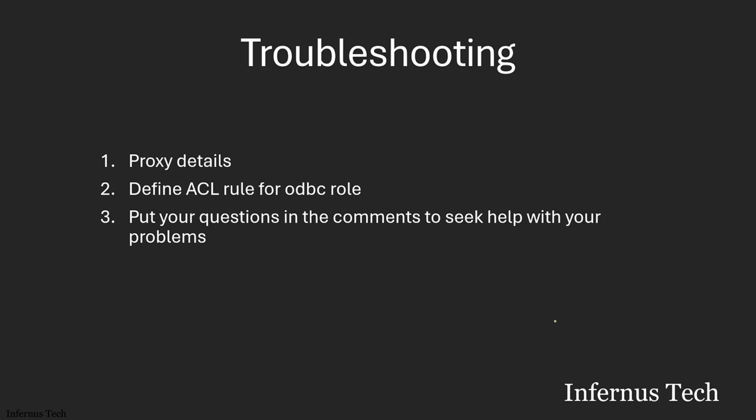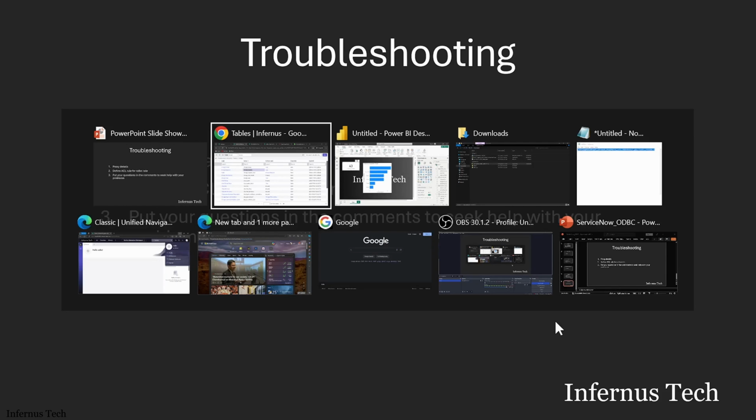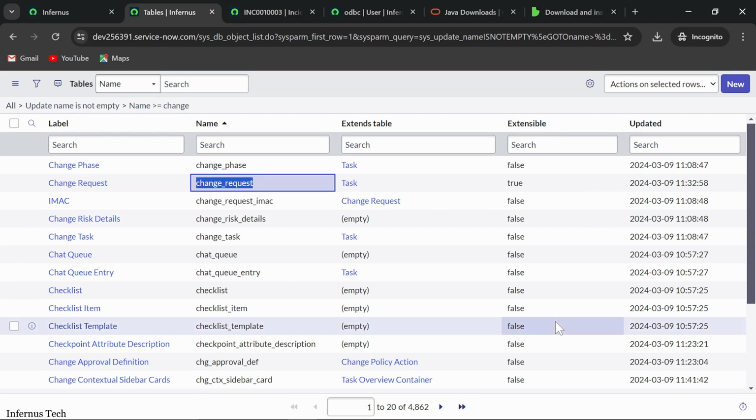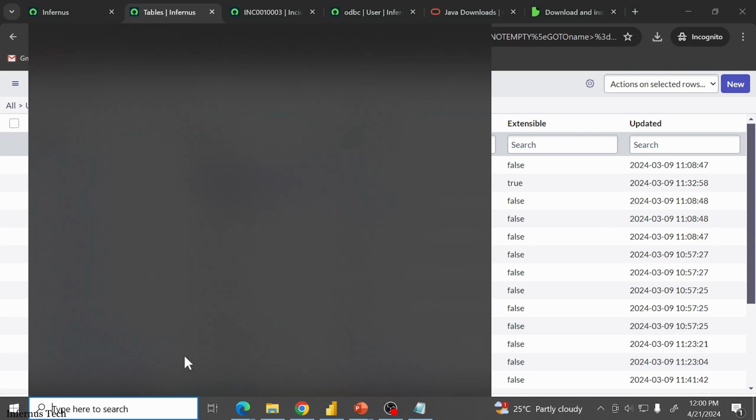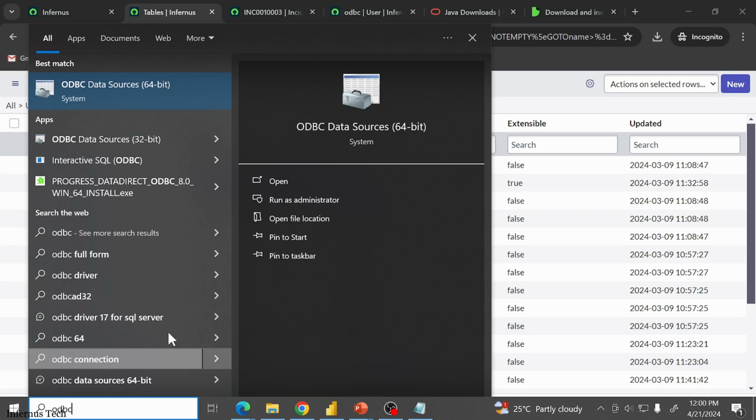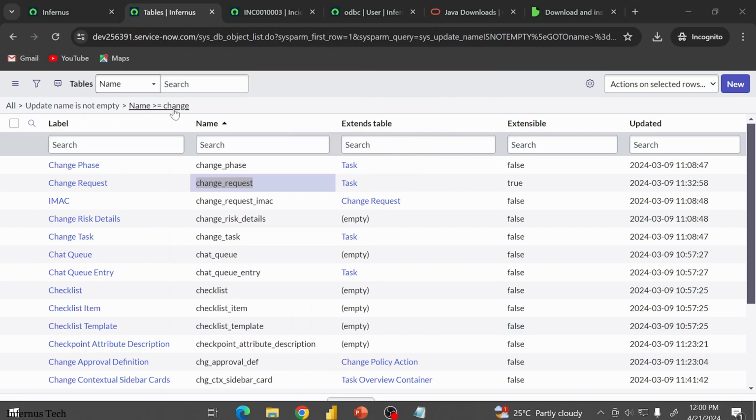So some people might have an error message from the driver saying that we are unable to connect to the ServiceNow instance, and that's obvious because your driver does not know how to go to the ServiceNow instance without the proxy. The proxy is going to come in the way. So what we're going to do is supply the proxy details